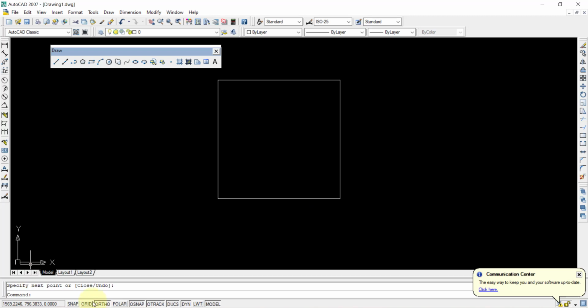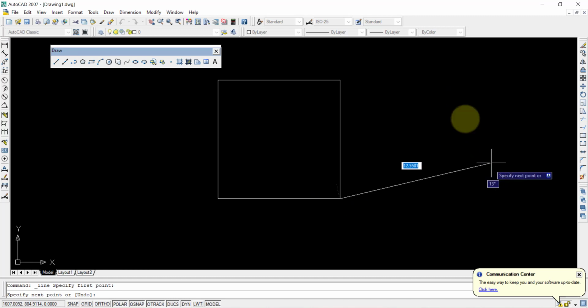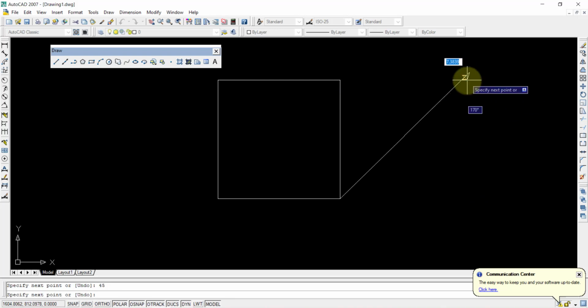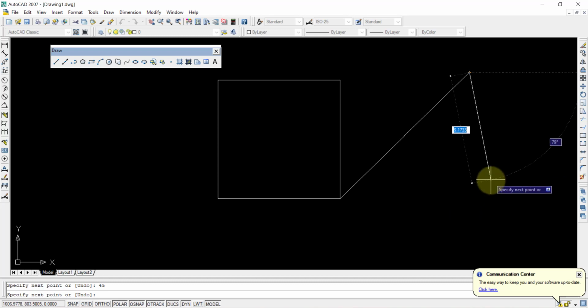If you want angular lines, then instead of pressing ortho, we press polar. As you can see, when I press polar, the ortho button automatically goes off, because ortho and polar can't be on simultaneously. If one is on, the other will be off. Then we select the line and pick a point somewhere here. Now the angle can be given. We give the dimension first, supposedly 15 mm, then press Tab. When I press Tab, it comes to the angular field, where I give 45 degrees. So with 45 degrees, a 15 mm line is drawn here. In this way you can draw angular lines. That is how you use the line command.